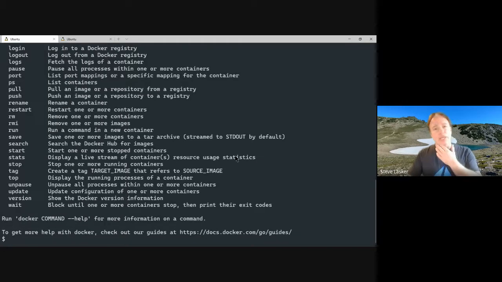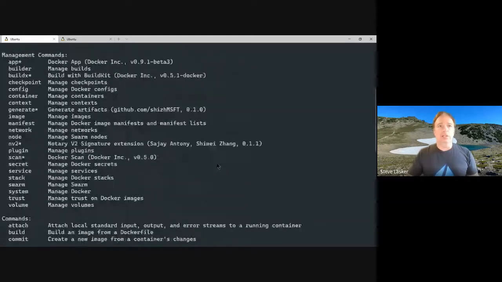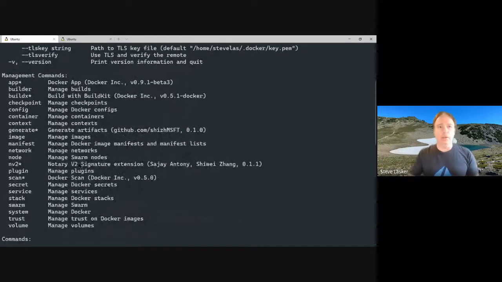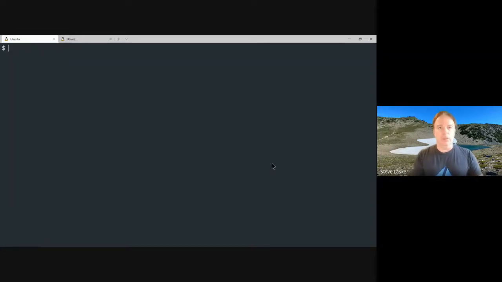What we've done is we didn't actually change the Docker client yet. We've taken advantage of the plugin model. If you notice, there are two plugins that we've added here, and they're captured on that page that I'll show later. There's a Docker generate, and there's an NV2 plugin. Those both enable us to do this experience.